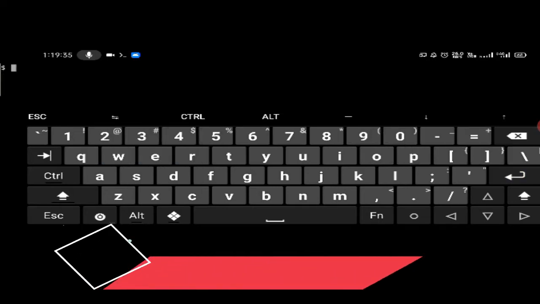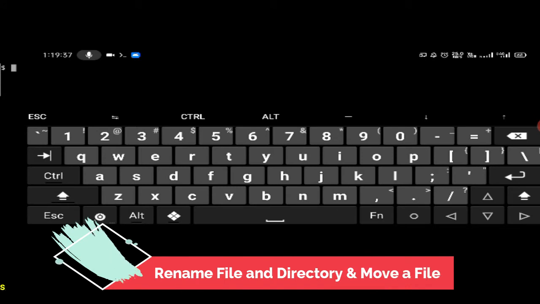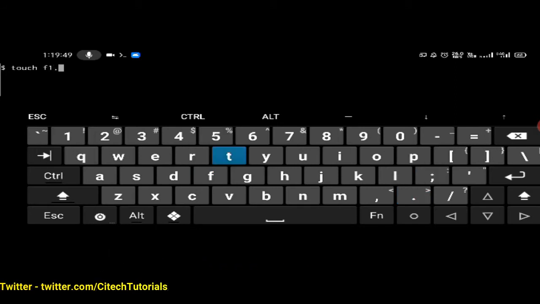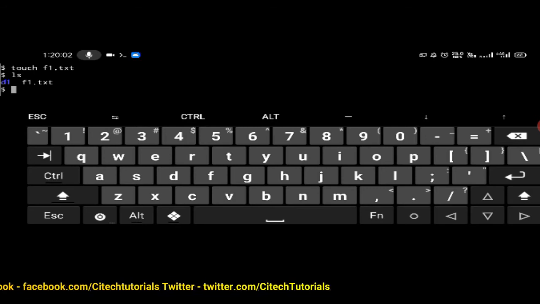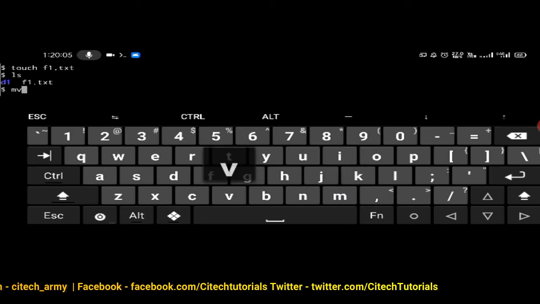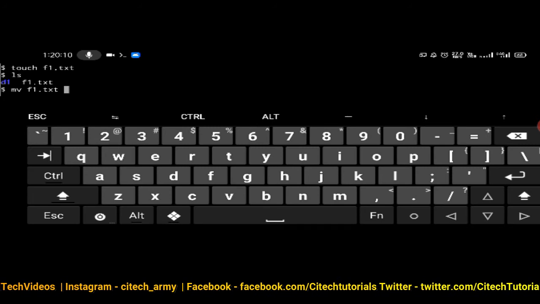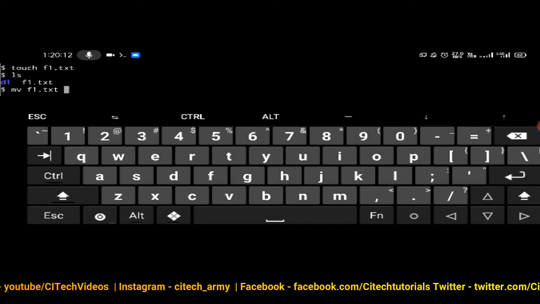Now a few more basic commands, for moving and renaming files. Let's create a file f1.txt. In this situation I want to move f1.txt inside the d1 directory. The command will be mv space f1.txt inside the d1.